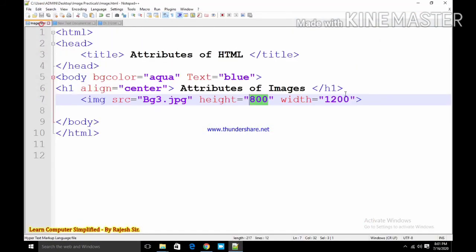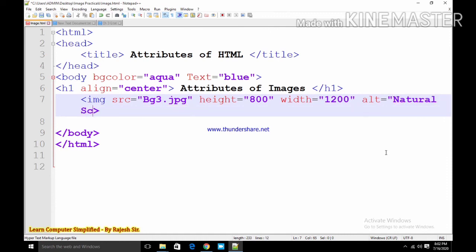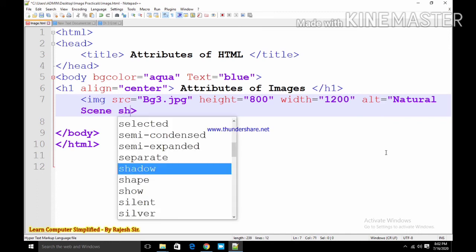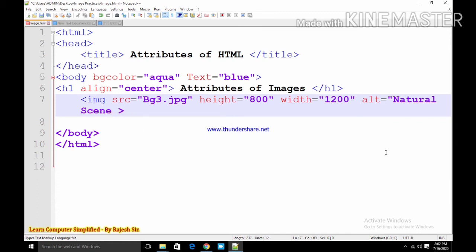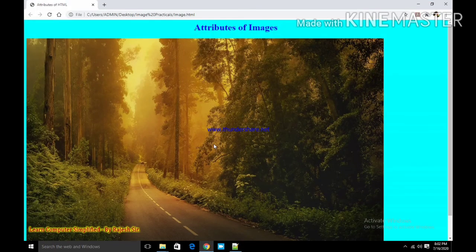I want to use the alt attribute, that is alternate text. So here I am using alt, and adding "natural scene displayed here". Saving this. By default I cannot see the alternate text because the image is already displayed.